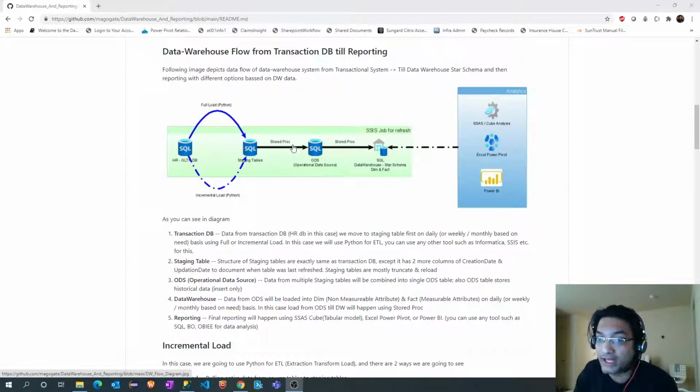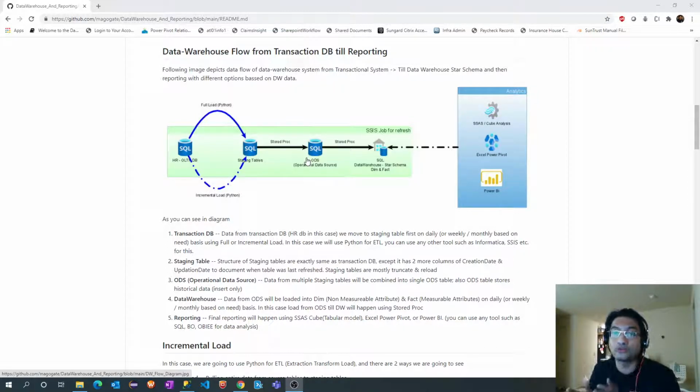Before we start writing stored procedures, let's first understand what the data is. In the data warehouse table structures we'll have different dimensions and maybe one or two fact tables. But when it comes to the ODS, we'll have a single ODS table.